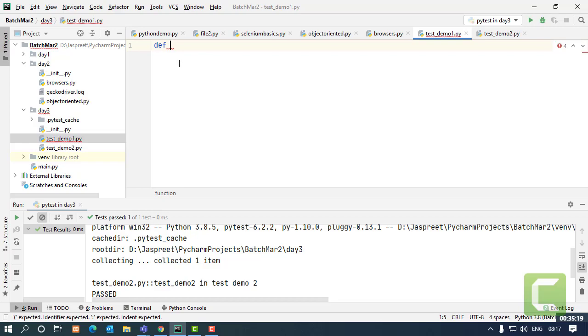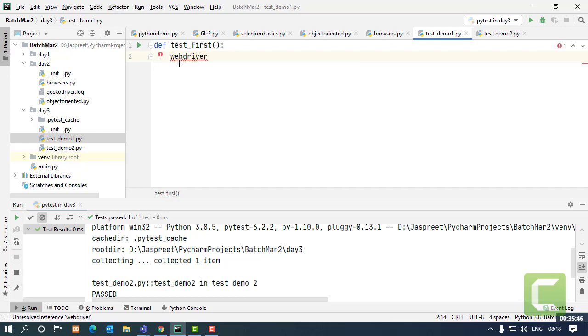So I'll say def test underscore, let's say, test case test 1. Let's test first. And what we are aware about Selenium code right now is to open up the browsers, right? So I'll be just going on, I'll say WebDriver.